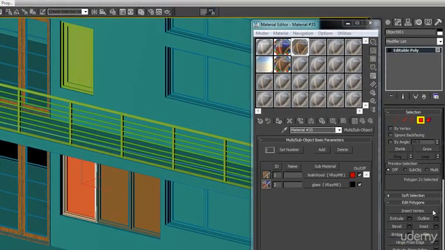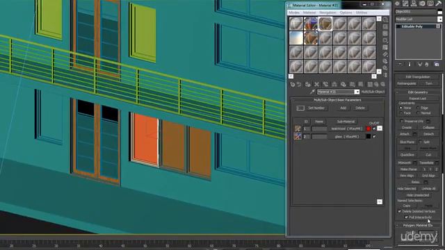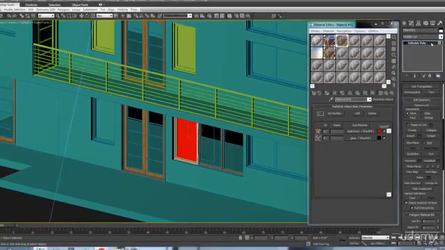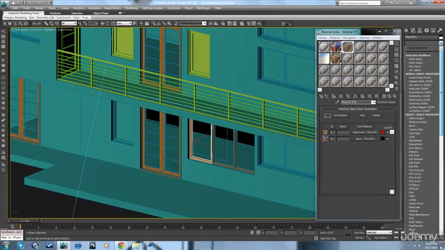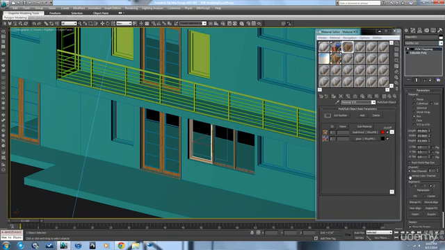This one's going to be instanced all over the place too. Set that to 2, just like that. Put that map on there. Anyway, you get the idea. And that's how we'll do this for